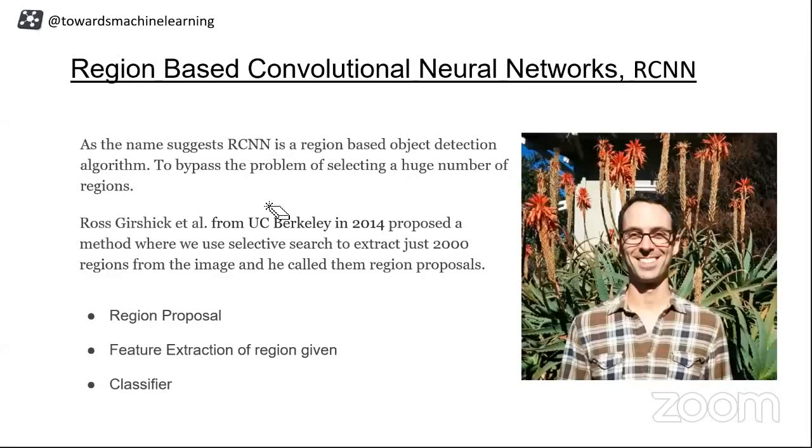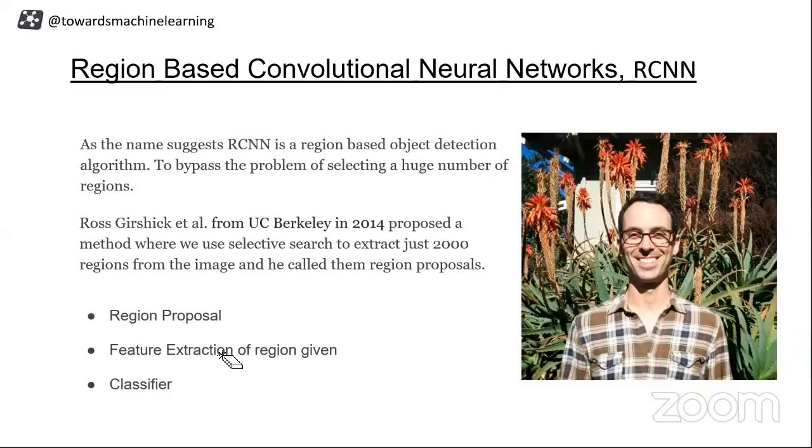Now let's jump onto the RCNN family. RCNN is known as region-based convolutional neural networks. This was the person who was very intelligent because he took all the things together and built something known as RCNN. He proposed this in 2014. We knew that selective search was introduced in 2012. So he made use of that for feature extraction of the given region. For that, he used convolutional neural networks, because in 2012 we had AlexNet, right? So AlexNet became famous.